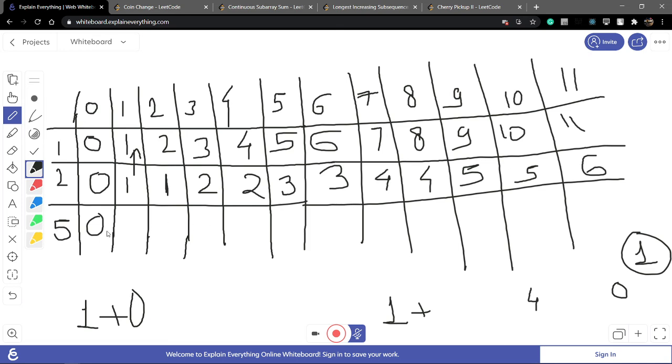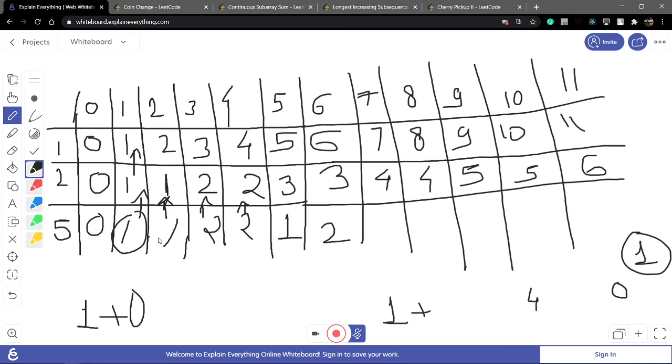Okay, now I need the minimum number. I start from the top, because they have a smaller value. Now 5 coin is required, 5. So what is the minimum difference? 0 is 0. 0 plus 1 is 1. 6 minus 5 is 1. 1 comma 1 plus 1 is 2. 7 minus 5 is 2.